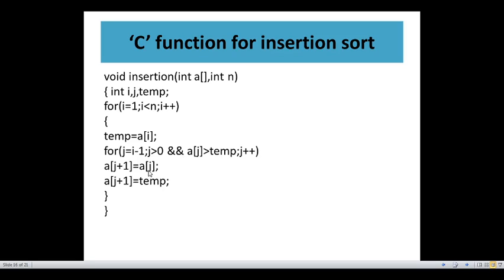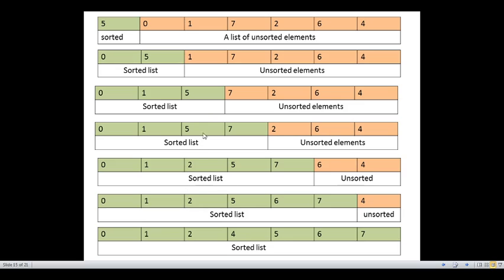Then only do this: a of j to a of j plus 1. Suppose this a of j is greater than temporary, then only put a of j to a of j plus 1. This means suppose this element is greater than this element. Let's see, here is your list. Suppose this element is greater than this. Check this, greater than or equal to. If this element is less than this, then only put the element here and shift by location 1. Otherwise you can directly put it, suppose in this case this element is greater than this element, so directly put